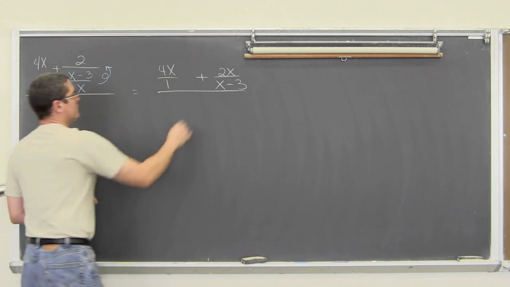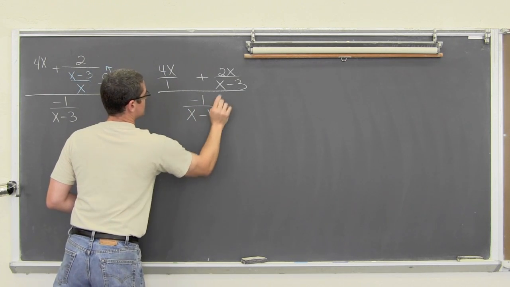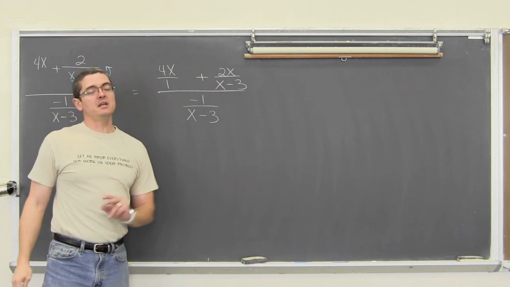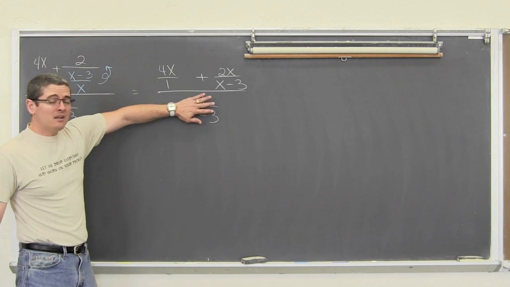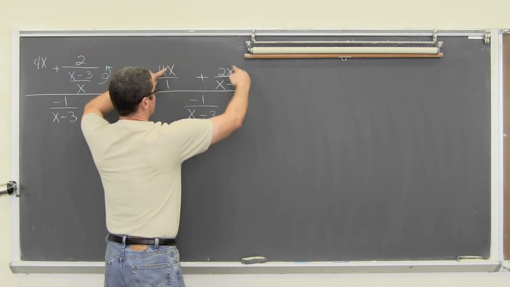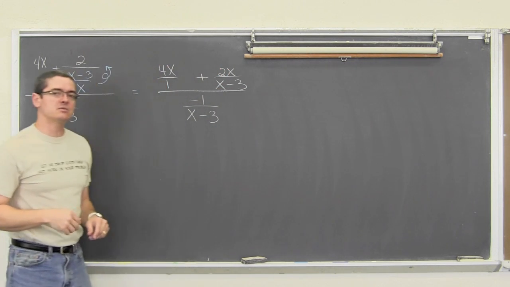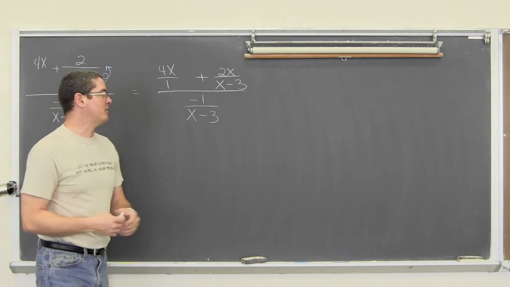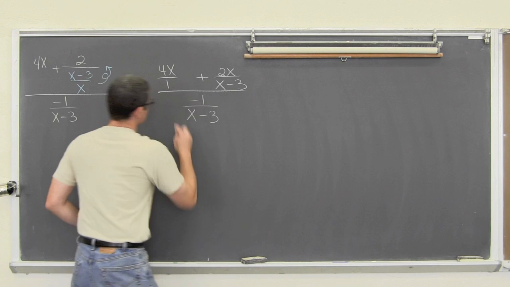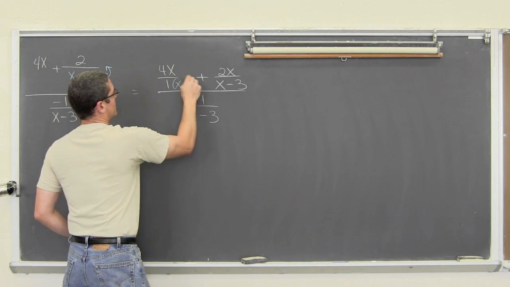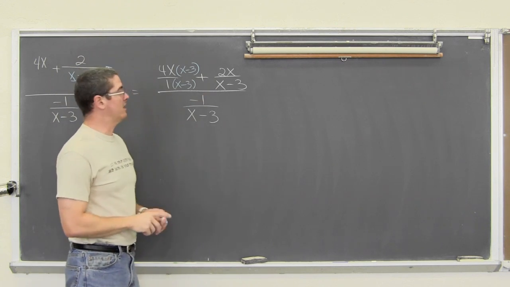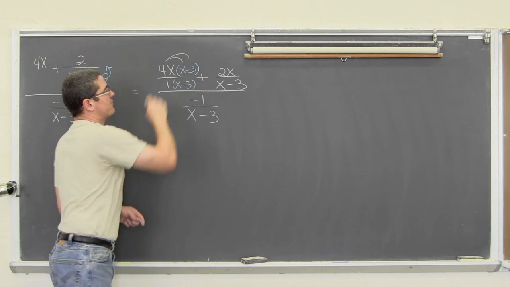All over negative 1 over its own x minus 3. Now these two fractions need a common denominator. I only have one fraction on the denominator. I can flip it up, and I could put some parentheses around these two terms up here and show distributive property, but it's easier to get these together first. So we're going to multiply this first fraction now by x minus 3 in the numerator and denominator to get our common denominator. And that means we're going to take this 4x and distribute it.